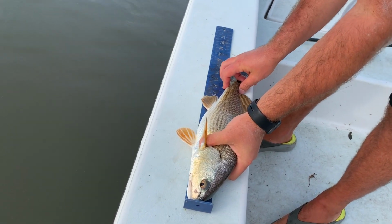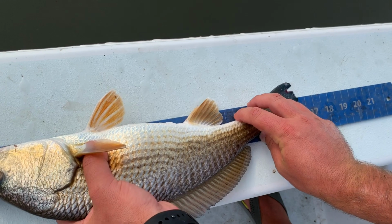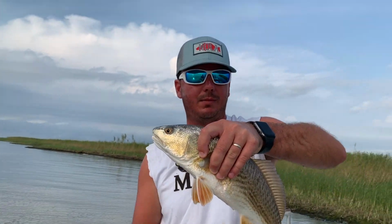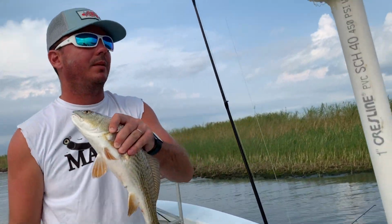He makes it, look, barely 16 1/4. That is what you want. What you really want is a 16 1/4 with a red tag coming out of his bag. Win you a boat. Let's go ahead and put him in the...